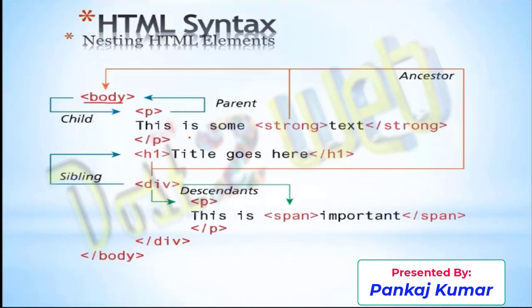So now we'll come to here. The same way as we have seen previously, the nesting of HTML elements. Then you have a body tag. As I mentioned, that is always nesting, so this is considered a parent tag. Then whatever you define inside will all be child tags. Now you define the paragraph tag. Again, you write something. This is some. You write a strong. Whenever you open, you have to close within that. Then you have opened a paragraph tag, and you close the paragraph tag.